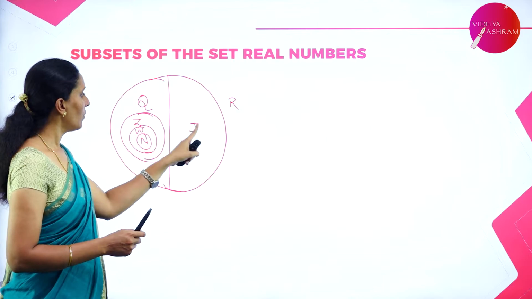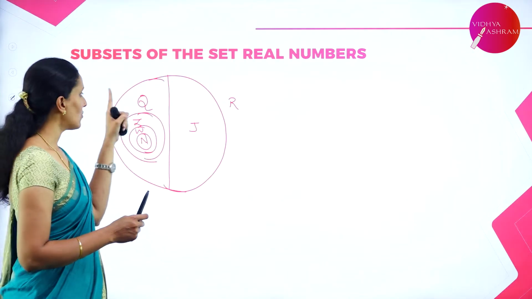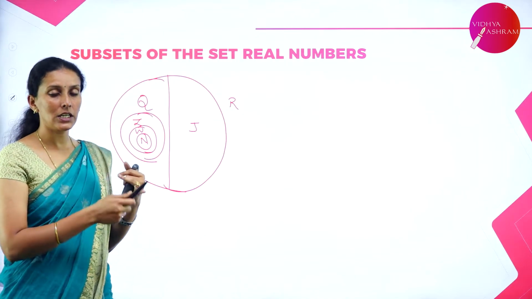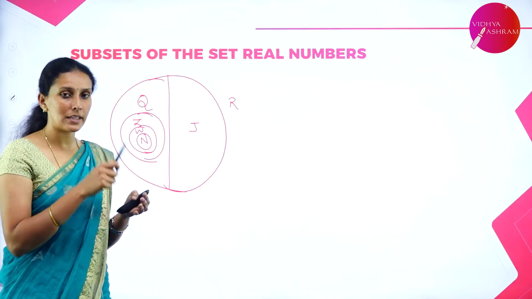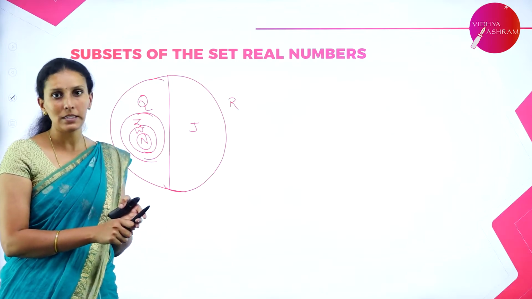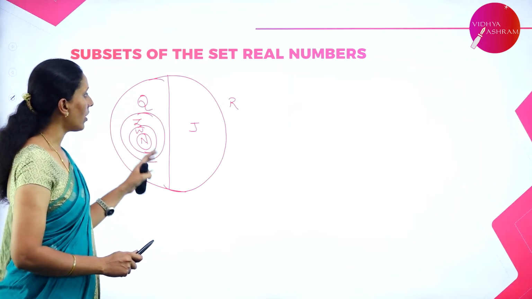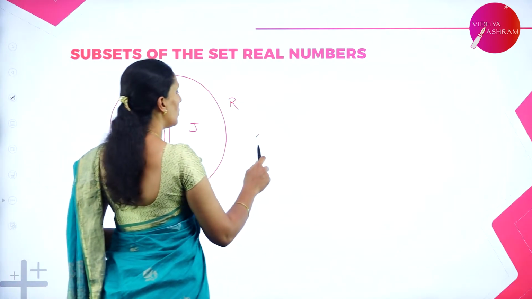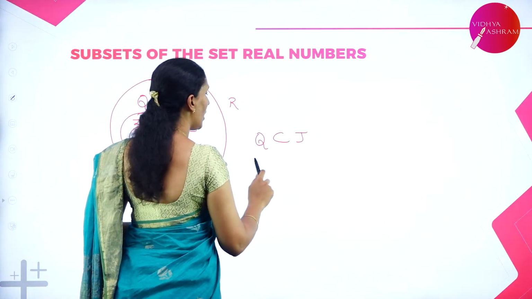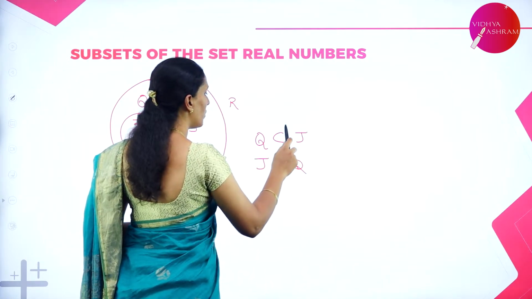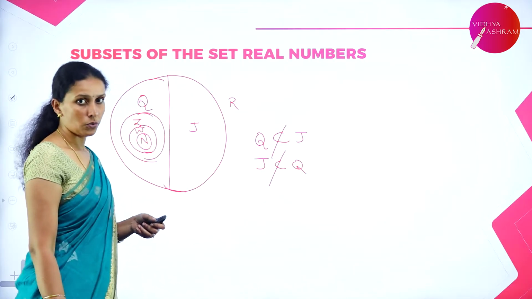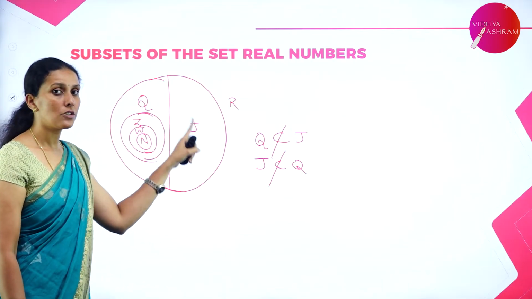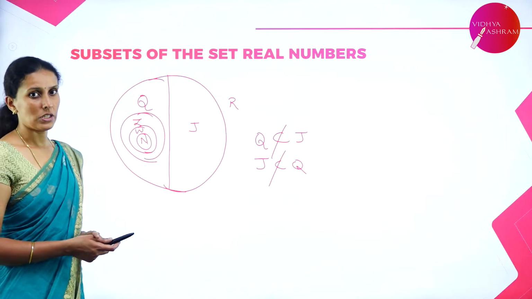So, majorly we will divide the number system as rational and irrational, and under rational numbers we can have integers, whole numbers, natural numbers, even numbers, prime numbers, odd numbers, etc. So, all these are the subsets of real numbers. But always remember, Q cannot become a subset of T or T cannot become a subset of Q. This is not true, because rationals cannot become irrationals and irrationals are completely different from rationals.